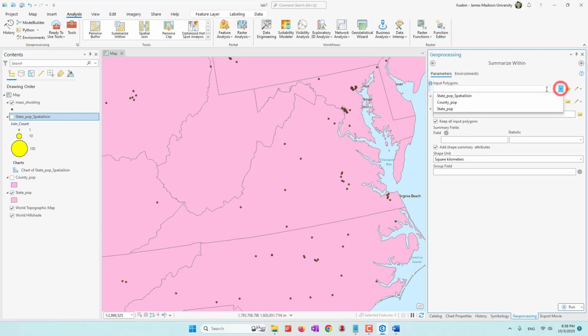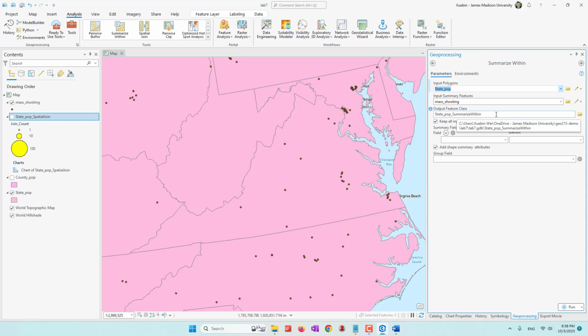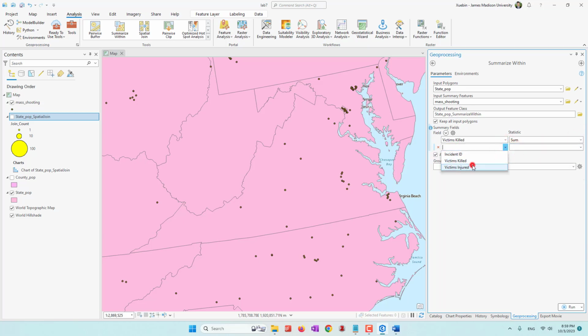So let's say we want the polygon to be state population, and the summary feature will be the mass shootings. Again, we have a lot of features now, so make sure that you choose the right input. And the result is summarized within. I think that's perfect. And also which field you are going to summarize. So we are going to count the total number of people being killed